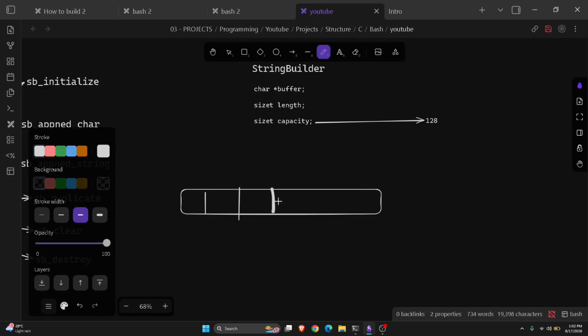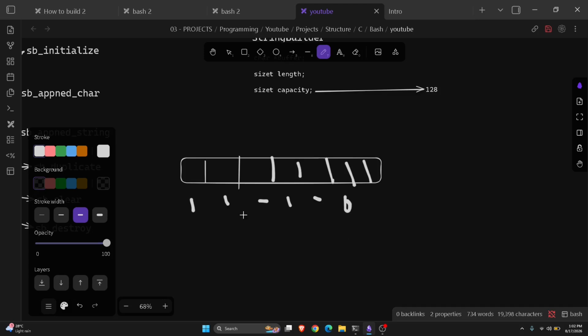Okay, so we have something like this. Before, we had some random characters over here, and then we had a null terminator here. What we did is, when we print, it checks where the null terminator is, and then it prints